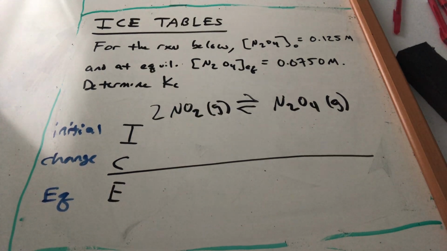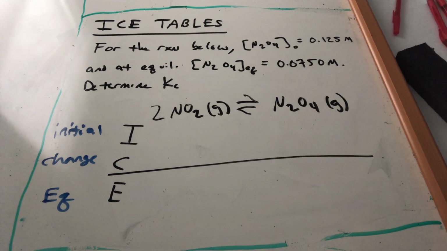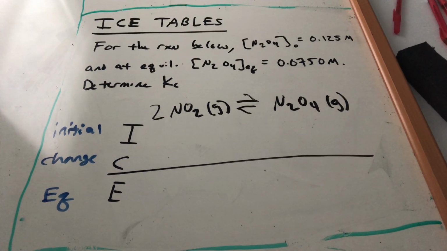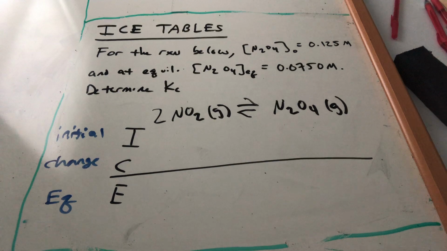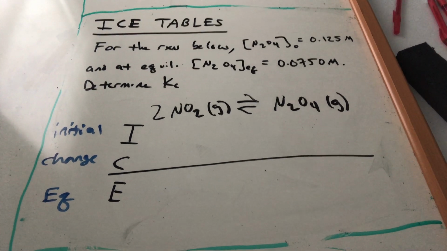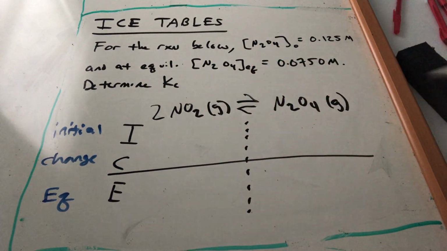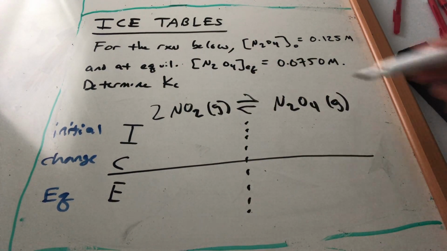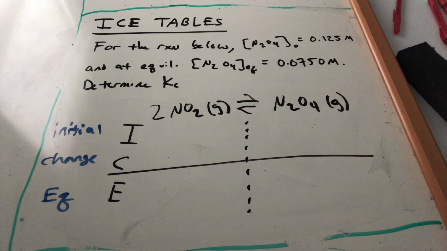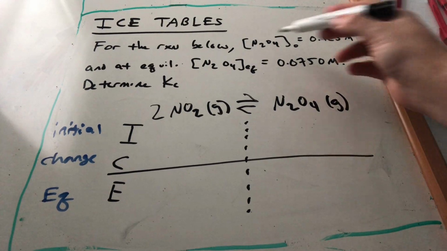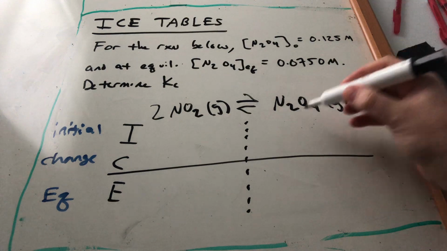So for every equilibrium problem, there are some initial conditions that are given. And then what you do is you enforce a change to get to equilibrium. And we've kind of gone over that concept before when we first introduced equilibrium. And now we're going to see it play out mathematically. Okay, what we do inside our ice table is, I like to put a dash here. We look at the reactant side and the product side, and we fill in the information given in the problem. So what we have right now is a situation where N2O4 initial is this value right here,